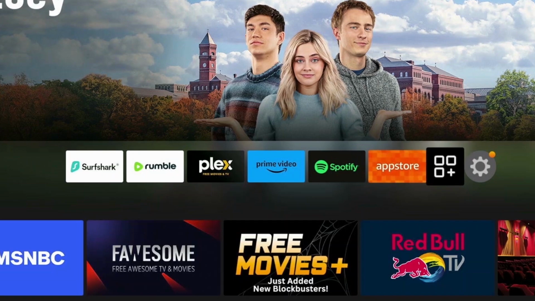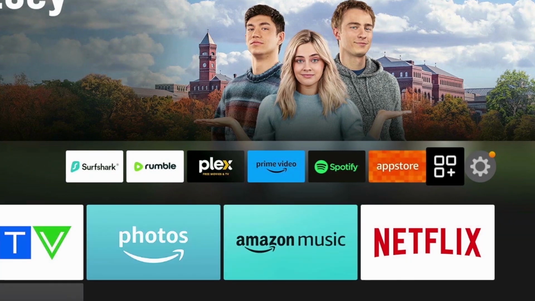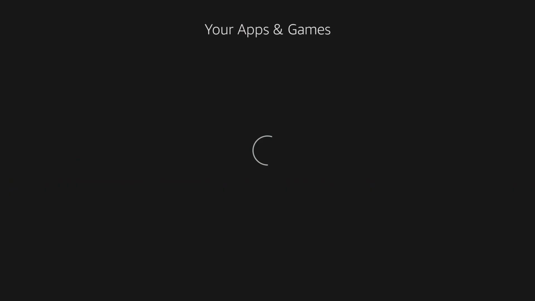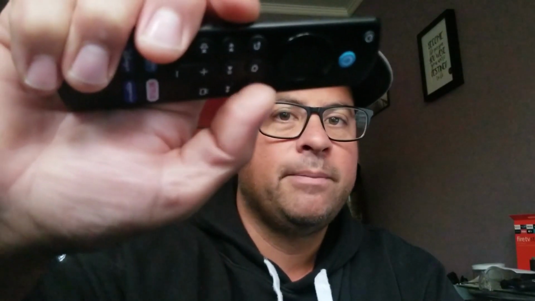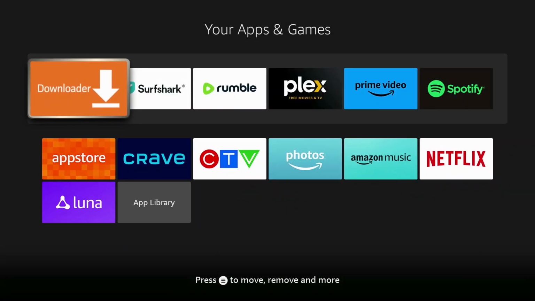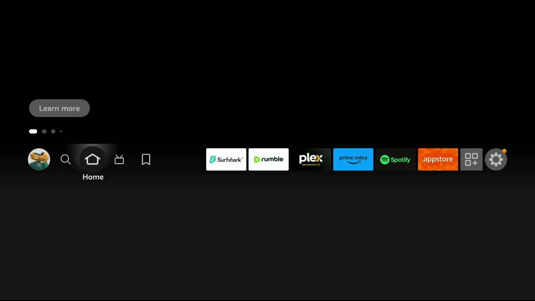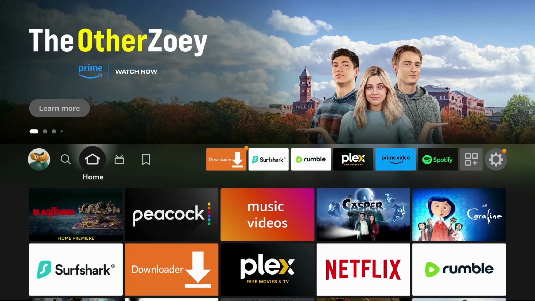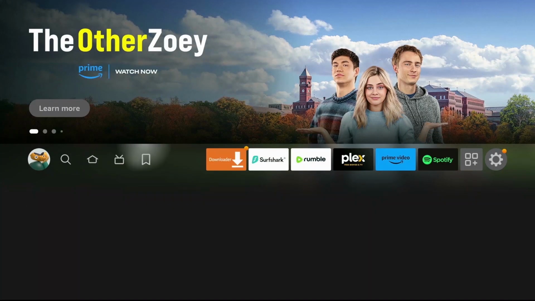Let's go back to the home screen and let's find downloader. So down in your apps and games, the little 3 squares plus sign icon, we can go find downloader, and we can use the little 3-line button on your remote and move that to the front because this is going to be our new store to find these applications. So as you can tell, when we go back to the home screen, downloader is there now as a shortcut